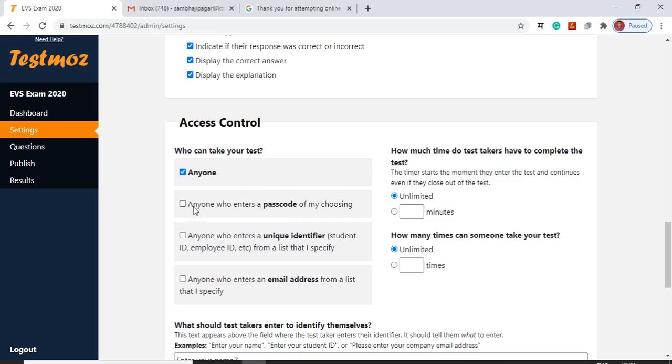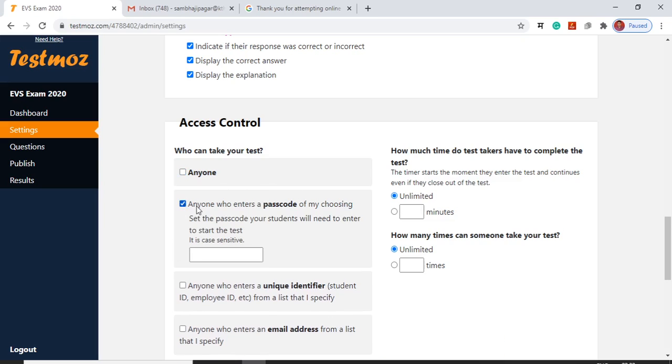Or anyone who enters the password of my choice, so I will set a password here. The student needs this password to attempt this exam, so it is always better to use an encrypted password. This option is applicable to paid or premium users, so we will skip this option.